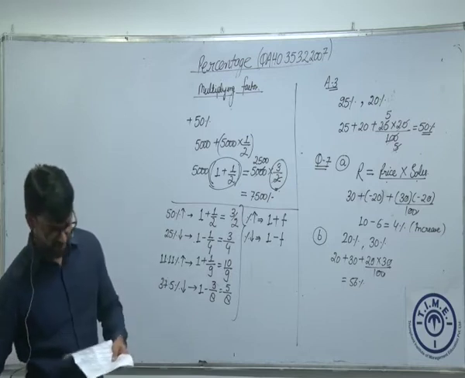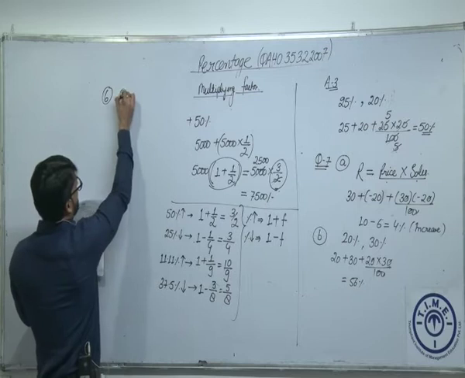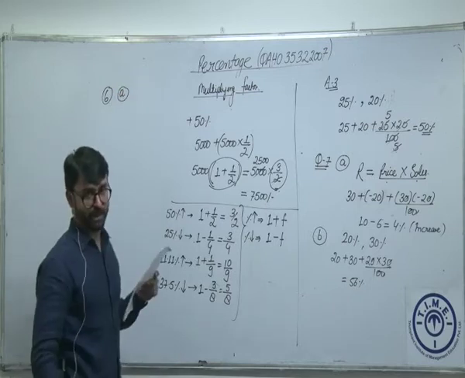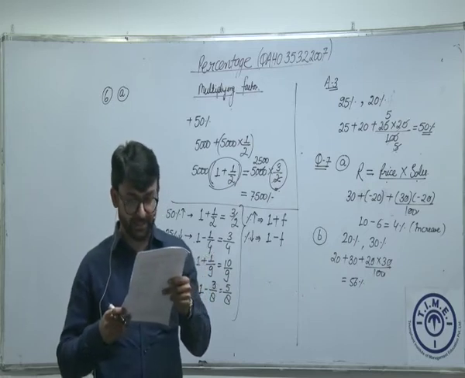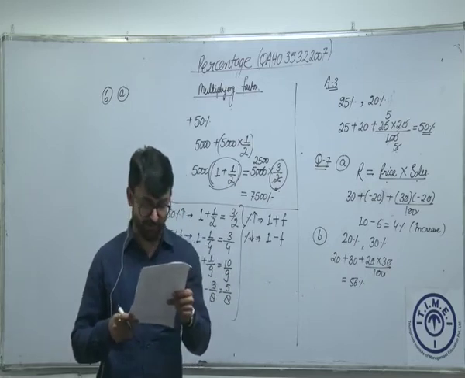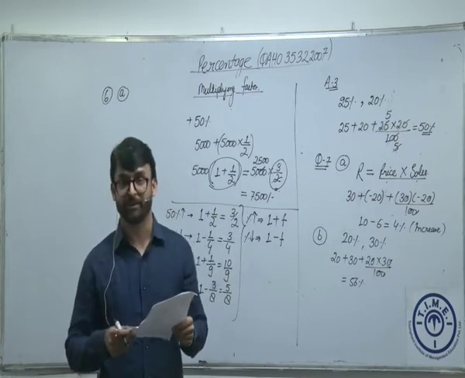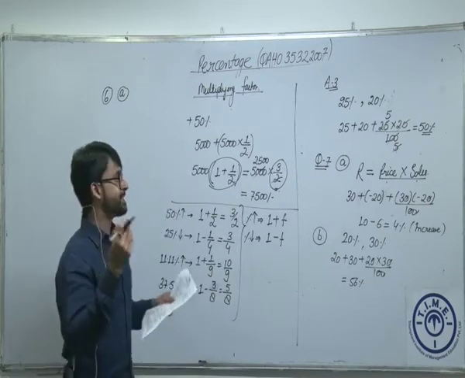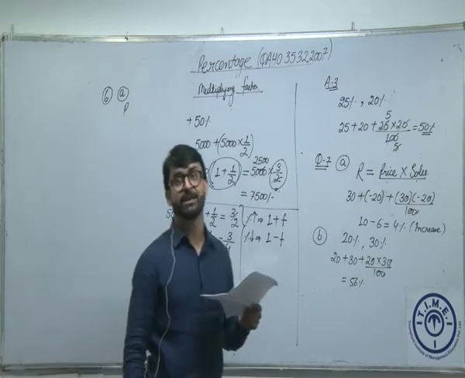We'll start with question number 6. Let's take an example. Question number 6, part A. Now it's more apt question here. If the price of an item is increased by 25%, by what percentage should it be reduced to bring it to the original level? So price, let's say price kuch bhi tha, P was the price, increased by what percentage?